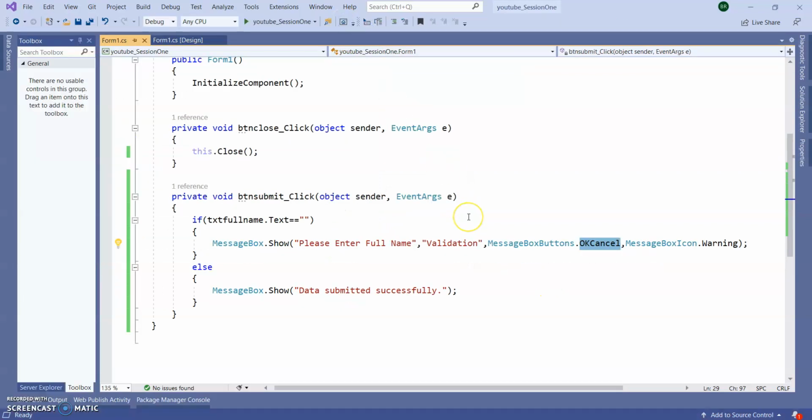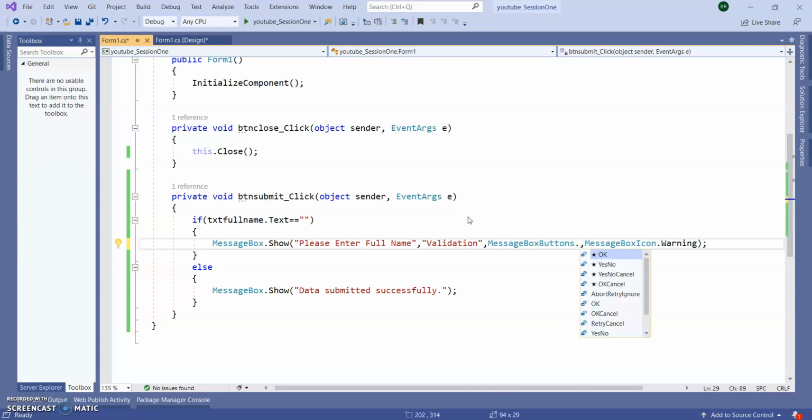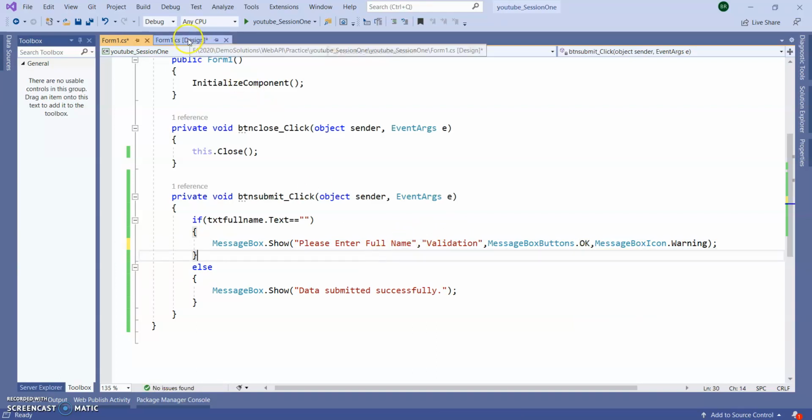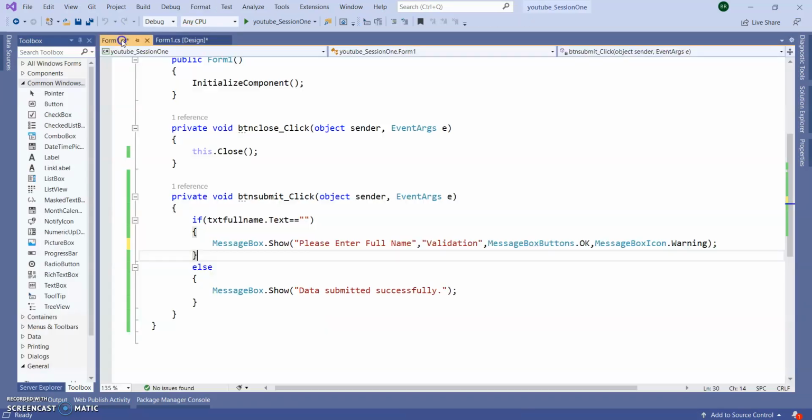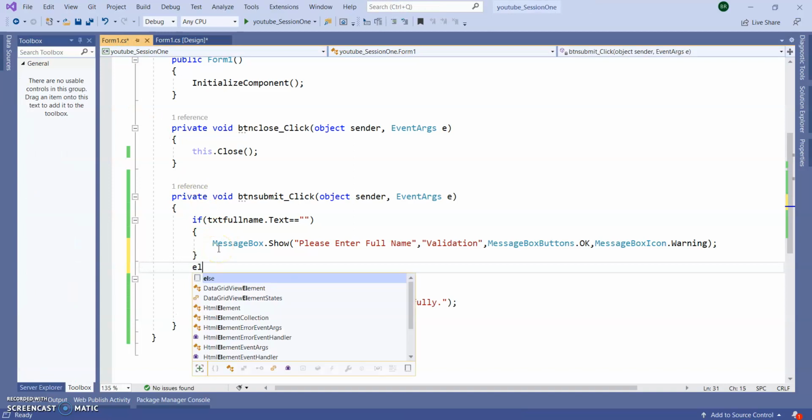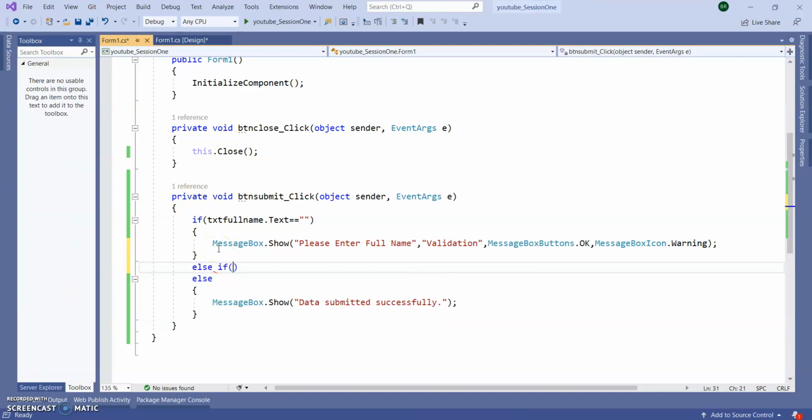Stop the application. I don't need OK, cancel. I need only OK here. If you don't give any message box button, then it will come by default the OK, right? So I'm giving OK. Next, I want to validate my radio button, if somebody selects the gender or not. So here, else if